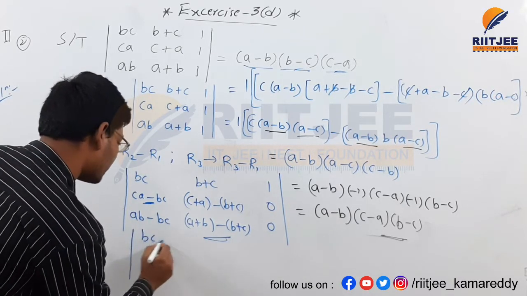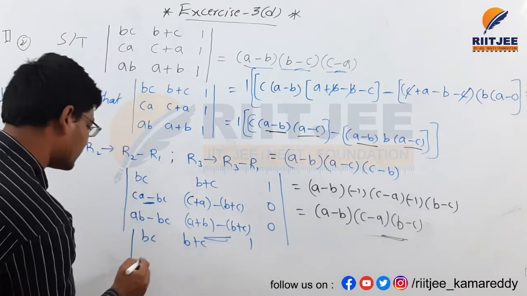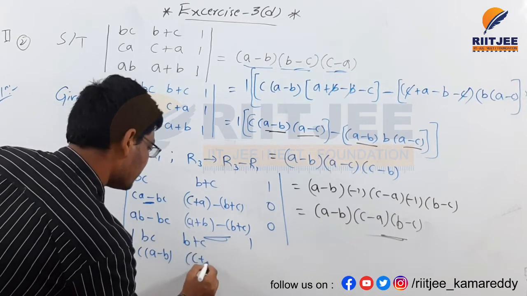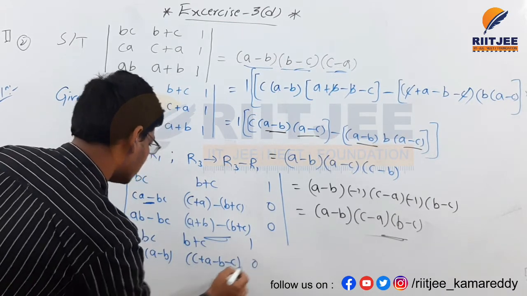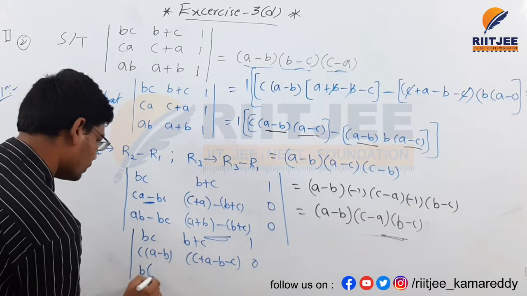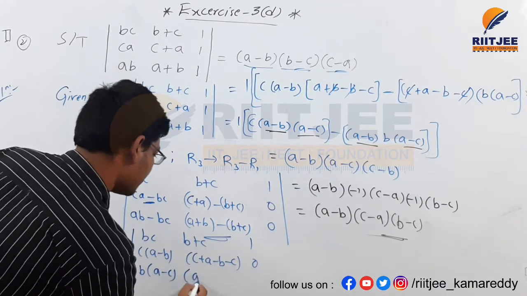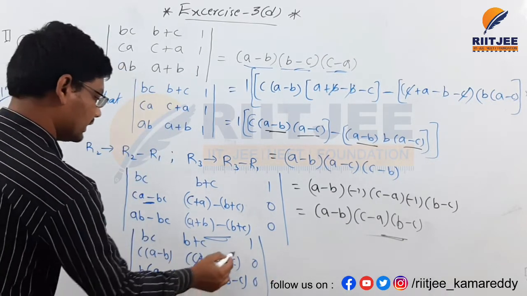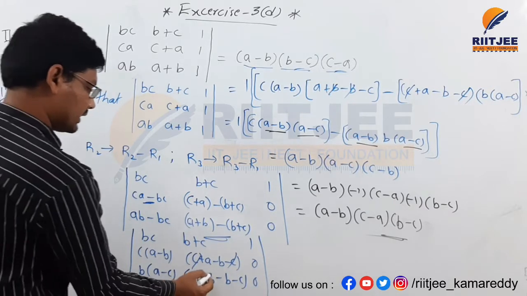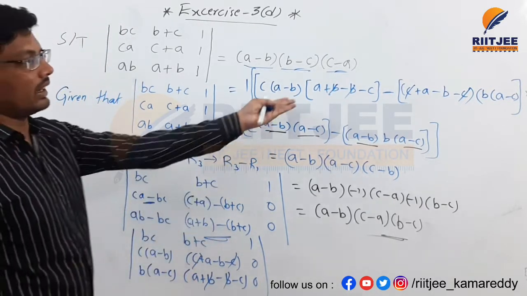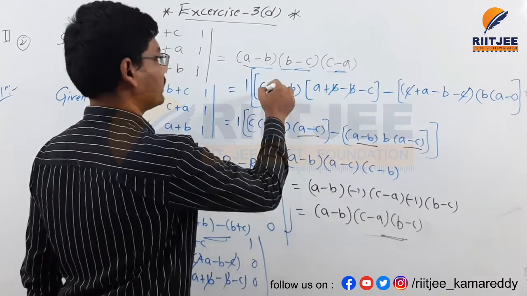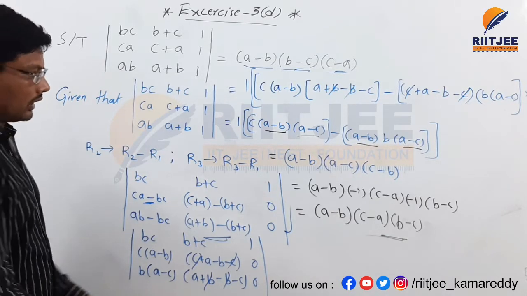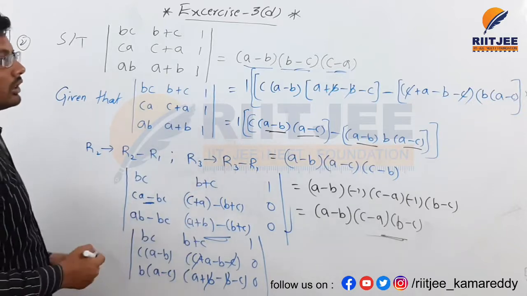This is also one more concept here, BC, B plus C, 1. If you take C as common here, A minus B. And if you convert this also here, C plus A minus B minus C and 0. If you have any doubt, B into A minus C and A plus B minus C 0. Here you can cancel plus C minus C, and here also you can cancel plus B minus B. So that easily you can find the result. Directly I am taking steps of this type, that's why this is somewhat difficult for you. This is a shortcut trick to find. One more step is added to solve this question here.